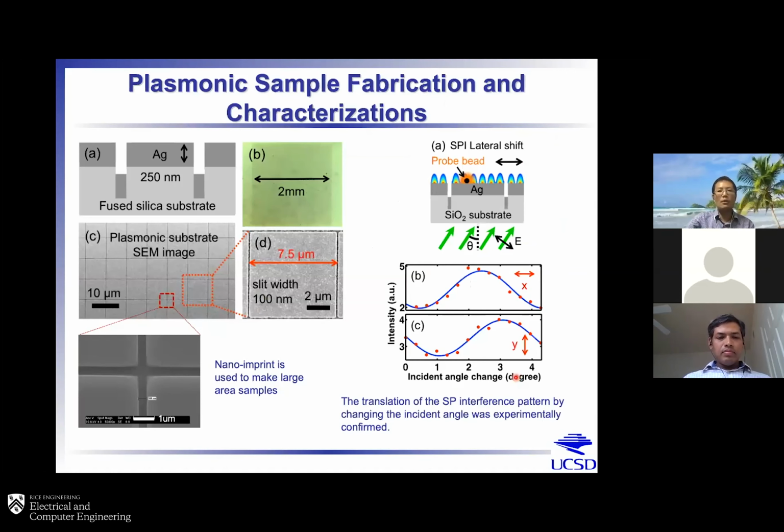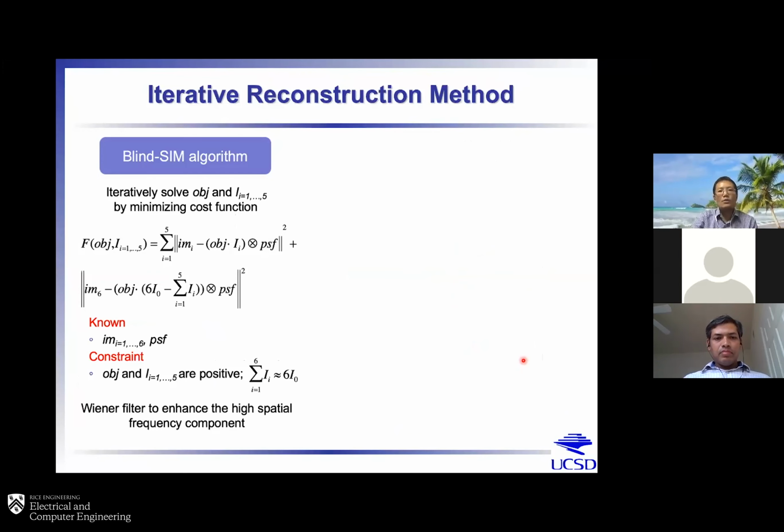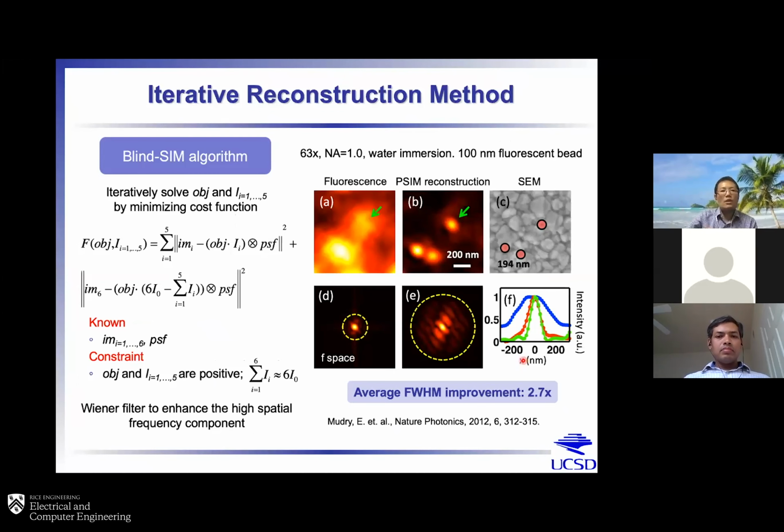In this first experiment we did quite a while ago, we had this 3D mesh structure, and you can change the incident angle and tune the fringes both along the x direction and along the y direction. By collecting multiple low resolution images, you can go through a reconstruction algorithm. We also use this blind SIM algorithm, which is like a minimization method,